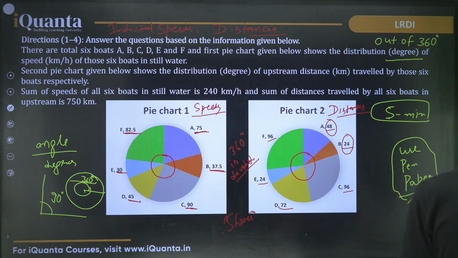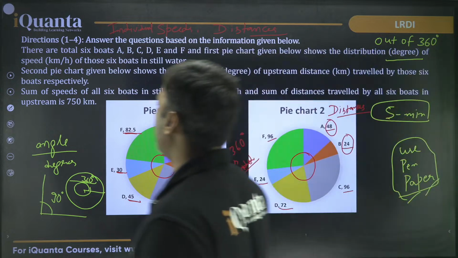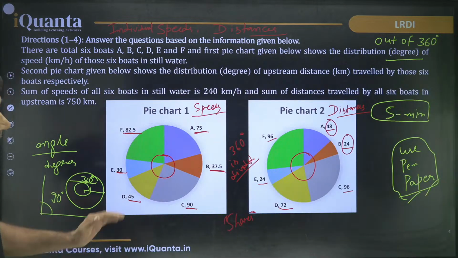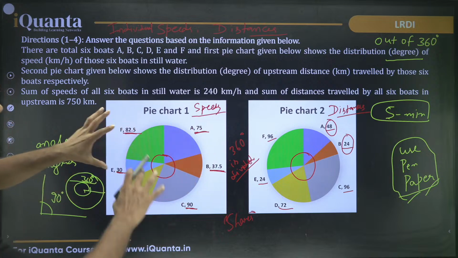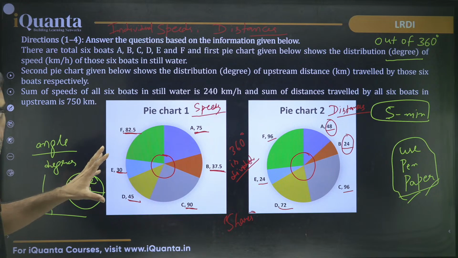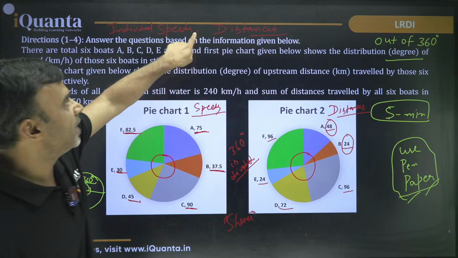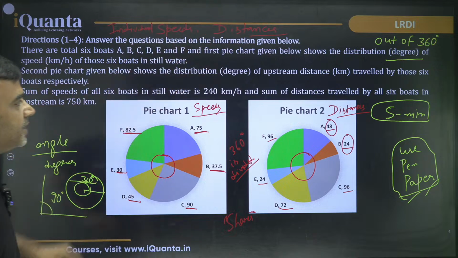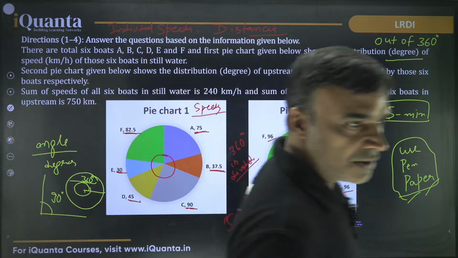Alright, so what we will do now is, we will try to understand this and try to solve it. I am going to the next slide. There we have a little more space, and there we will try to do these calculations. We will try to identify individual speeds and distances. Fine? Can we go ahead? Can I see some response?